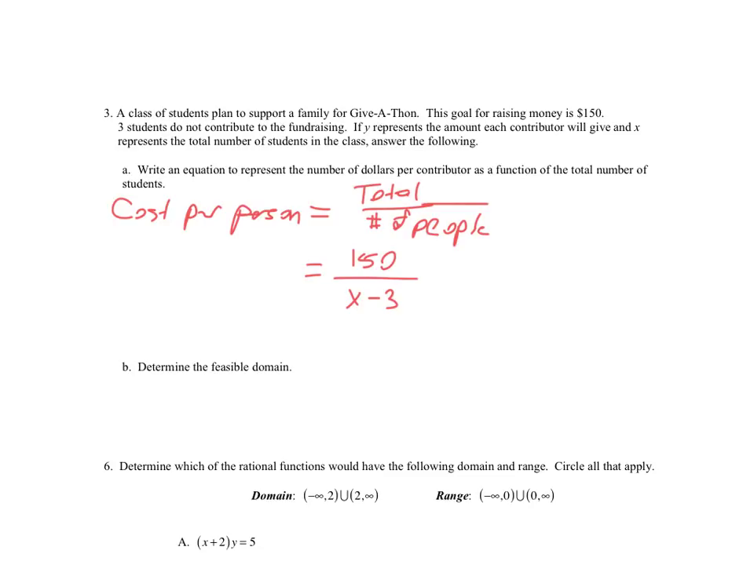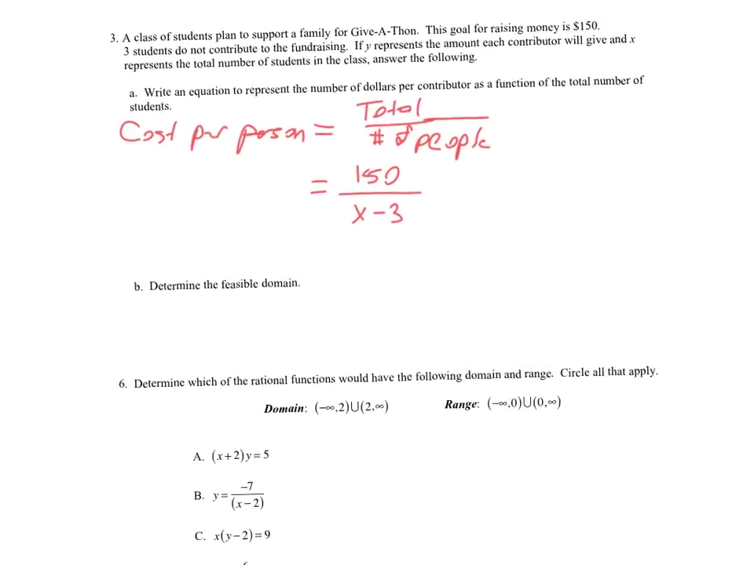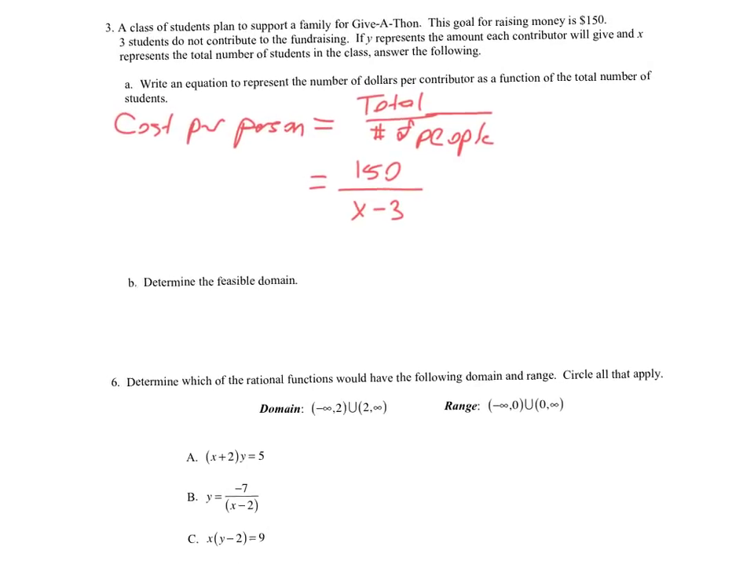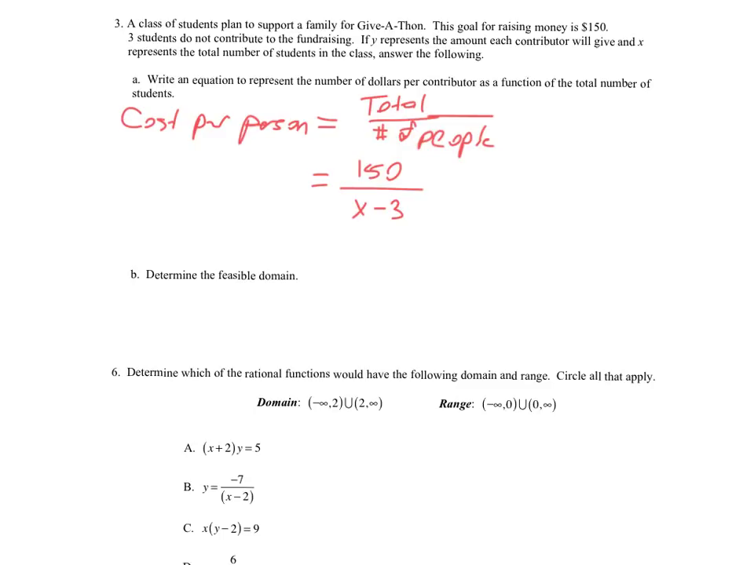So now there's an equation that we could use to represent the cost per person, but like always we're going to ask the follow-up question. What numbers would make sense in this feasible domain? And the key idea, remember we brought this up in class, is we want the feasible domain, so the X values